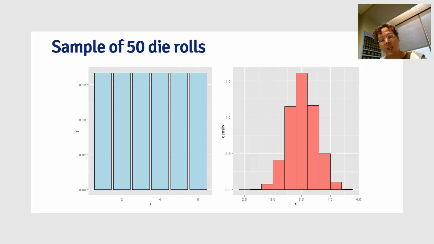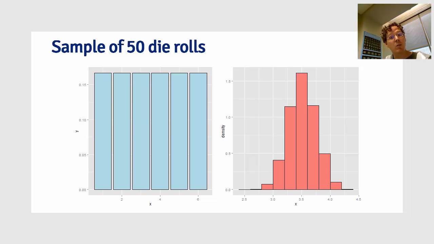But this is predicated on us knowing that the true population distribution is 1/6 at each number, right? But it does seem to be an easy way to do things, because it would be hard to sort of figure out exactly what's the probability of getting a 5.5, right? Instead, it's easier to just roll the dice 50 times, take the average, repeat that over and over again, and get a pretty good sense of it.